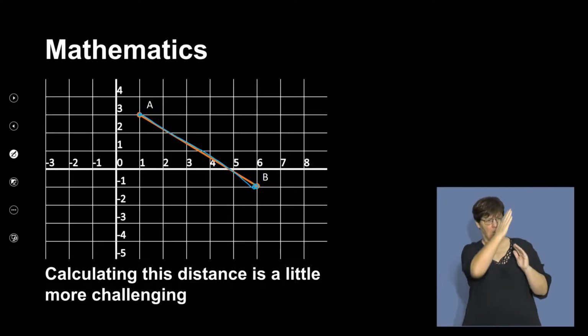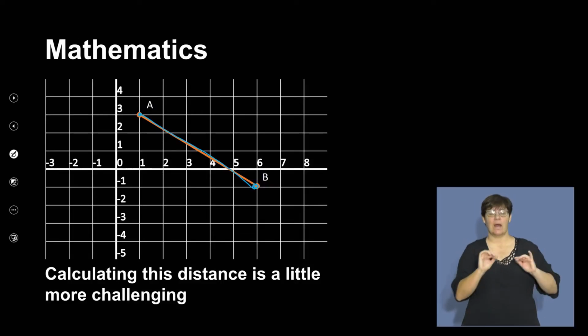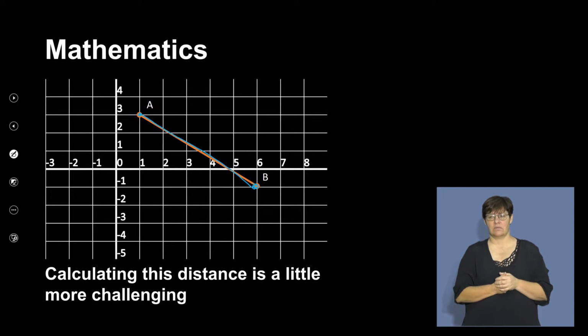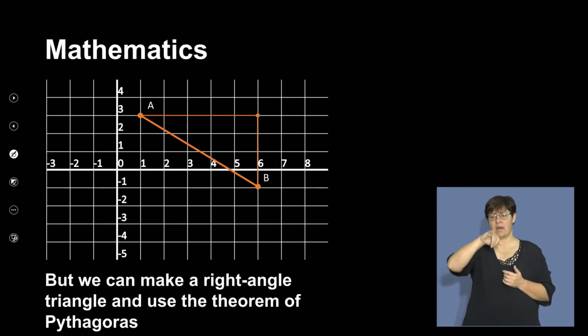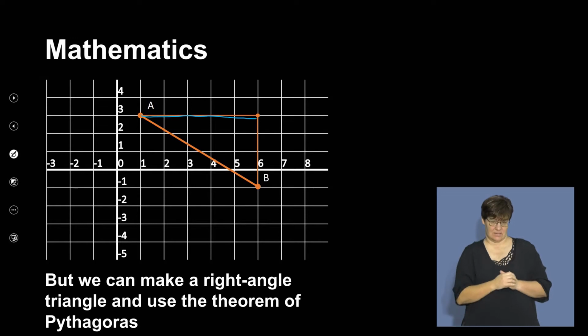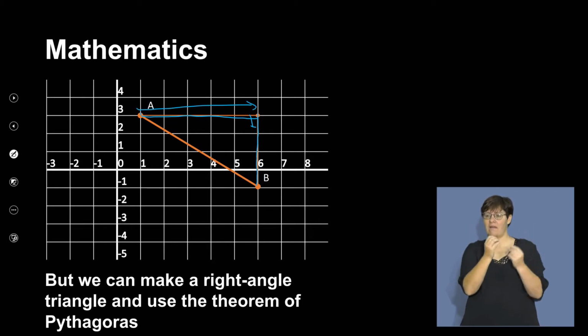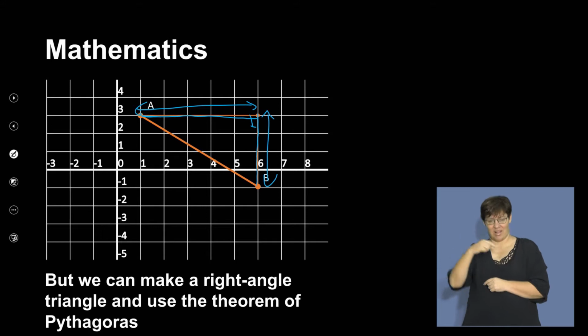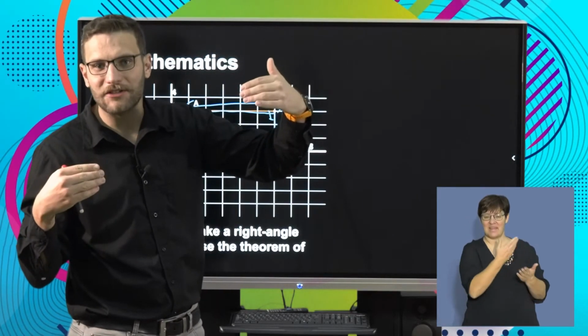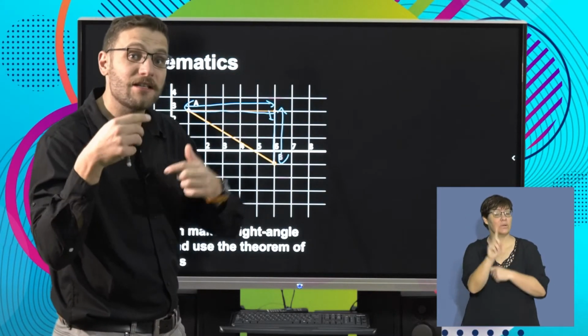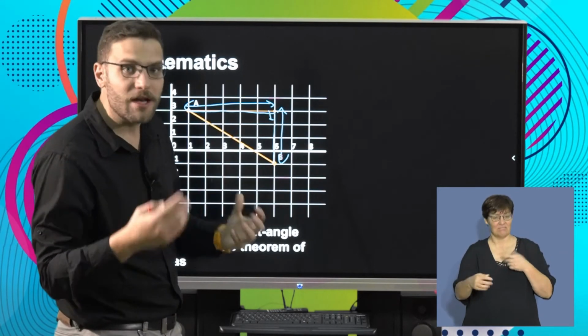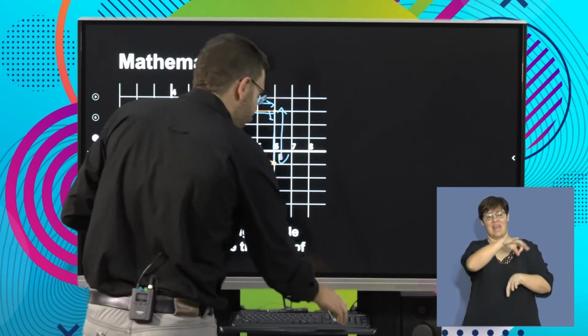So the way that we're going to be doing this is we're going to be using Pythagoras. Does everybody see that if I go and make a right-angled triangle, I can see how many blocks there are there, and I can see how many blocks there are here, and I can use the theorem of Pythagoras to calculate the distance of a diagonal line. And so what that brings us to is the formula for distance within analytical geometry on a Cartesian plane, and